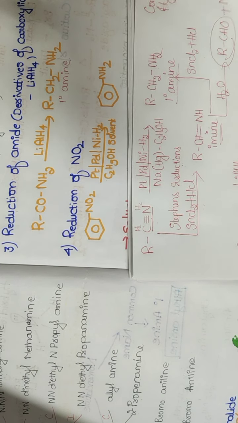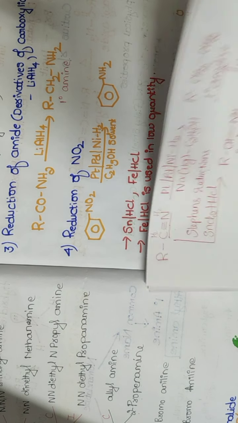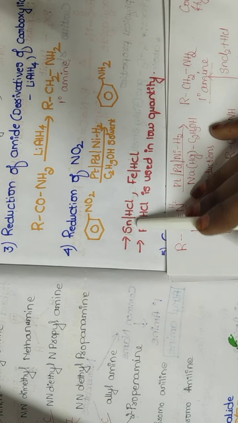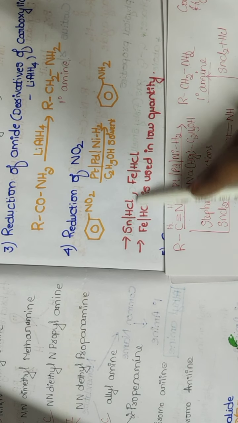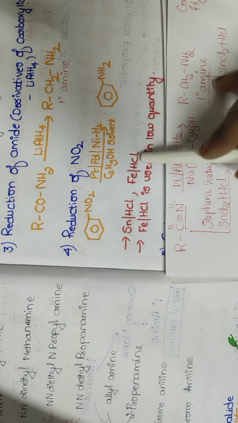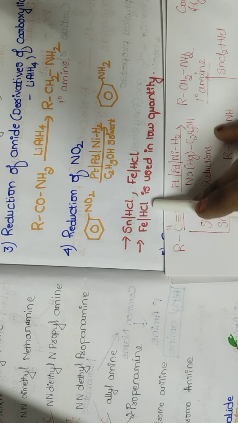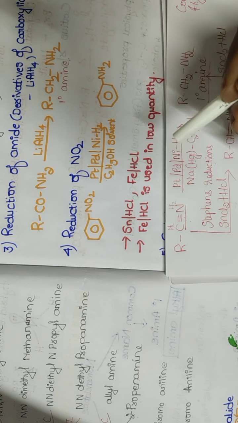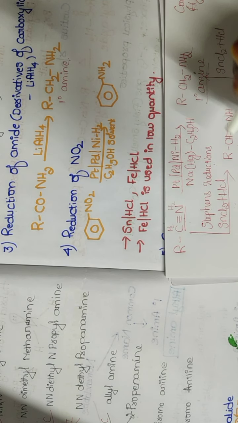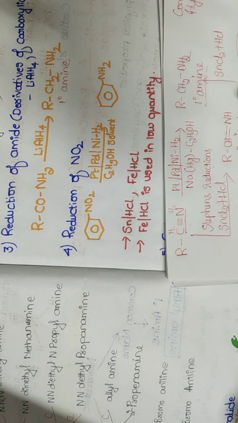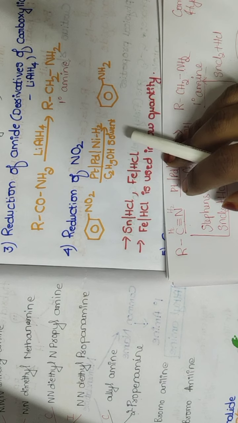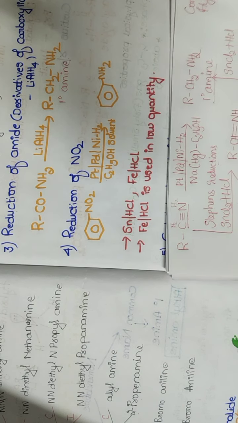So this is regarding reduction of nitro compound, and it is said that the reduction of nitro compound can also be brought out with the help of tin in HCl combination or iron in HCl combination. The best suitable reagent here is iron in HCl. Why? Because we have to use them in a very lower quantity. I can use iron scrap with HCl combination to bring about the reduction of nitro compound into aniline. NH2 with a benzene is called aniline. So this is regarding reduction of nitro compound.